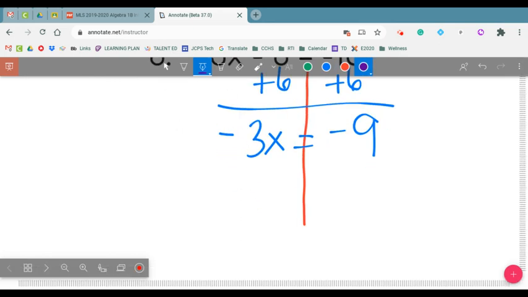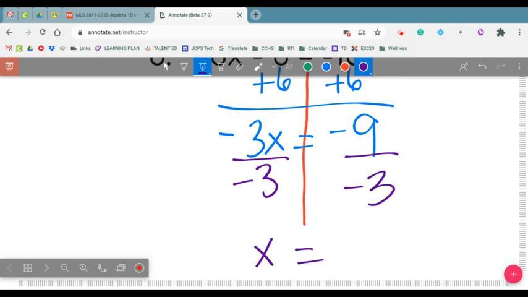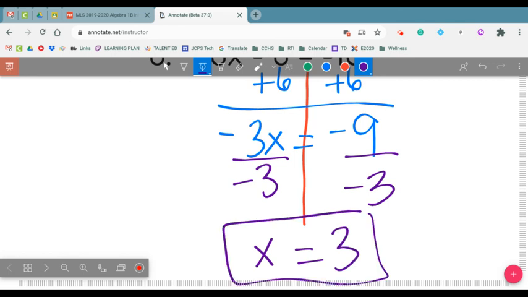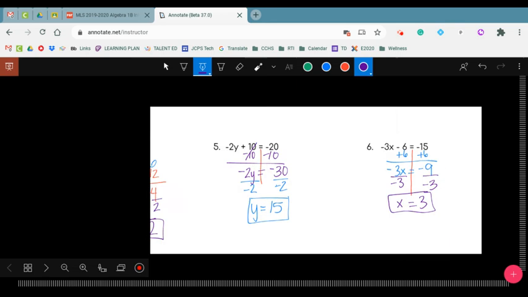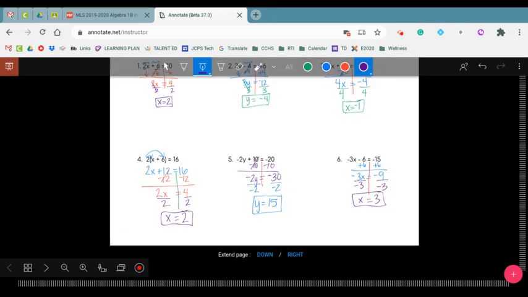Then we have to get that x by itself. We have to divide out negative 3. If you divide out a positive 3, you will not get the right answer. Negative 9 divided by negative 3 is going to give you a positive 3. Okay, that is the first page. We're going to go on to the second page,